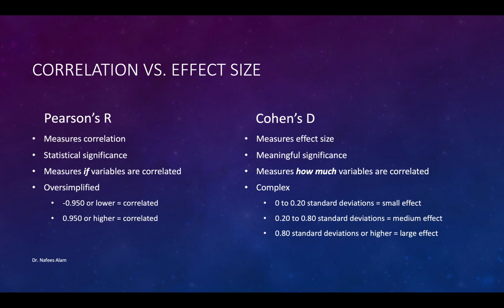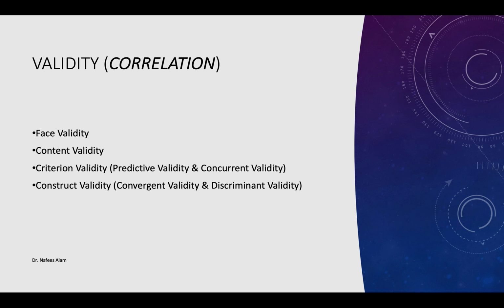Whereas Cohen's D is a little bit more complex. You're stating Cohen's D in the context of standard deviations. So 0 to 0.20 standard deviations is a small effect. 0.2 to 0.8 standard deviations is a medium effect, and 0.8 standard deviations or higher would be considered a large effect. So when we go back to, I should say, validity, and we move forward from simple validity